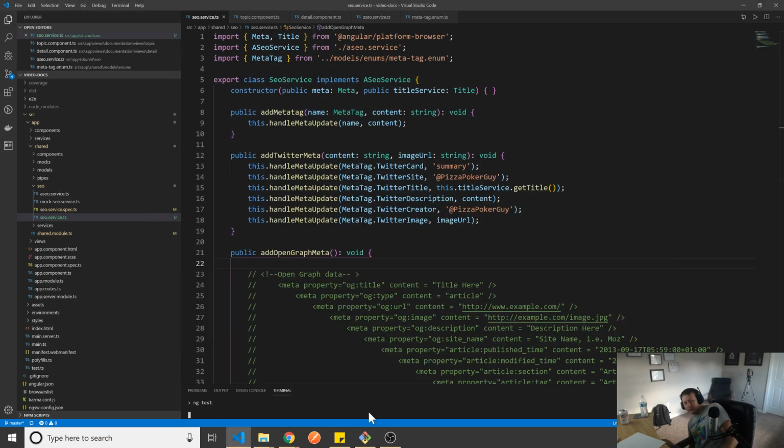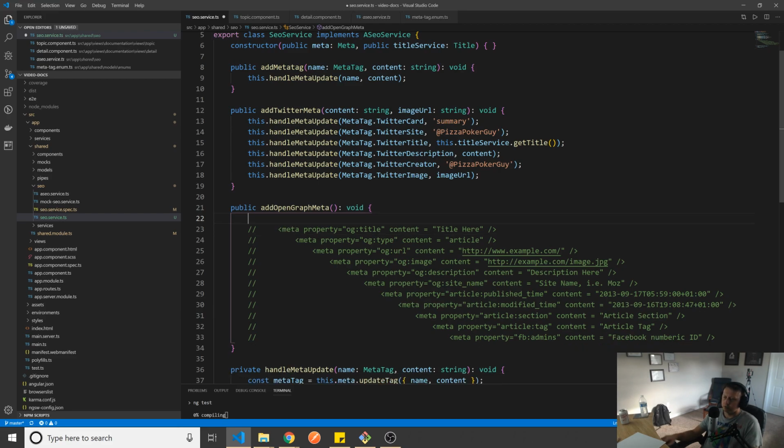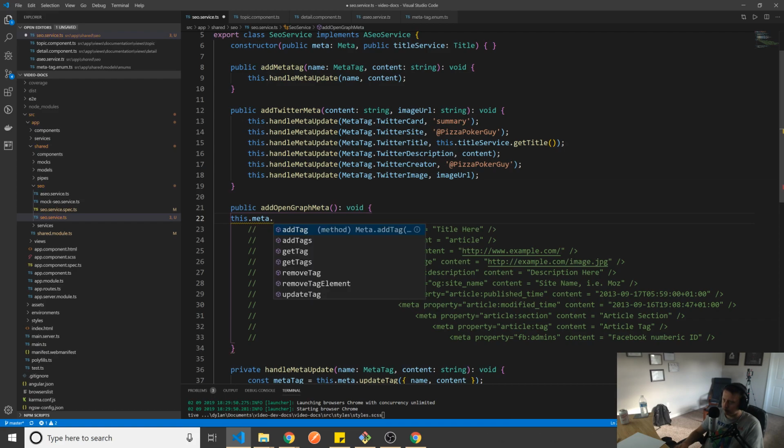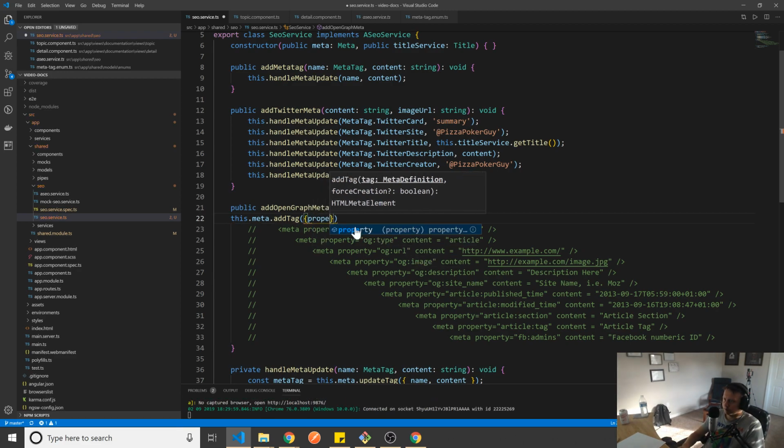All right, so let's try and tackle some of this open graph stuff. So let's just say this dot meta dot add tag, and here say property,